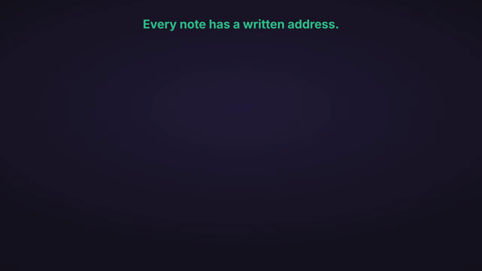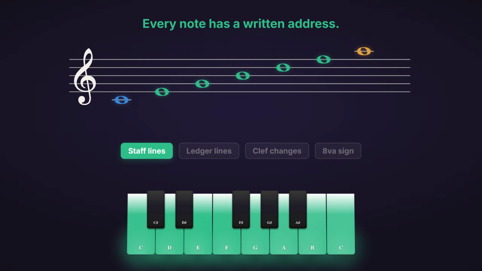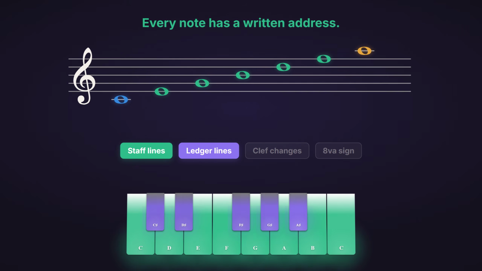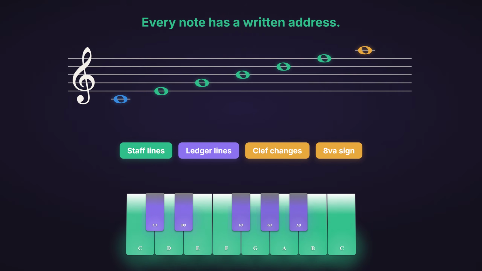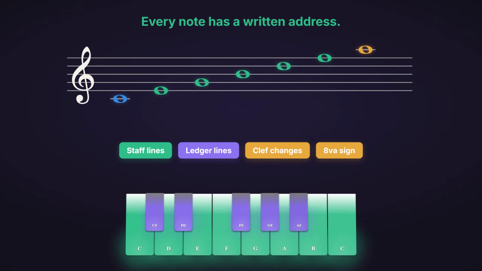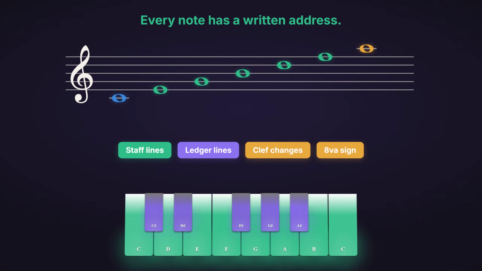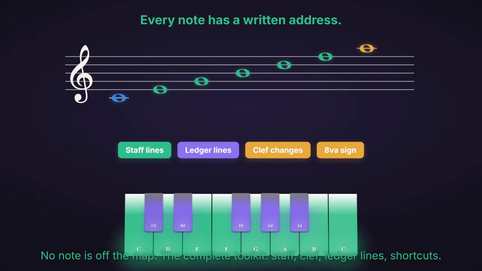No note on the piano is off the map now. The 5 permanent lines cover the heart of the keyboard. Ledger lines extend the ladder above and below as far as needed. Clef changes and the 8VA sign handle the extremes without drowning the page in lines. You can follow a melody wherever it goes, because every pitch has a written address. The staff, the clef, the ledger lines and those two shorthand signs are the complete toolkit for locating any note